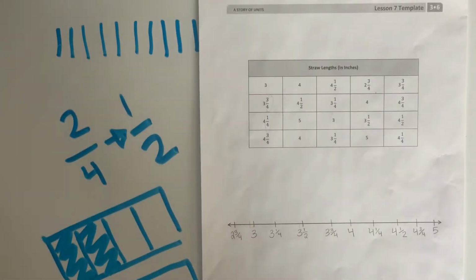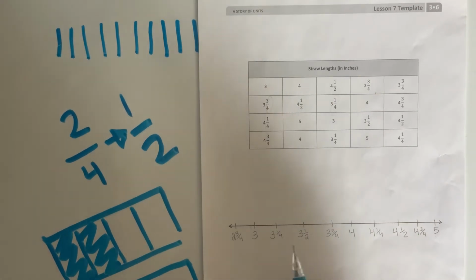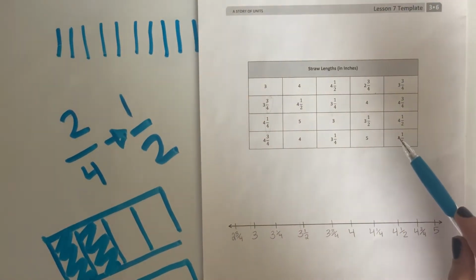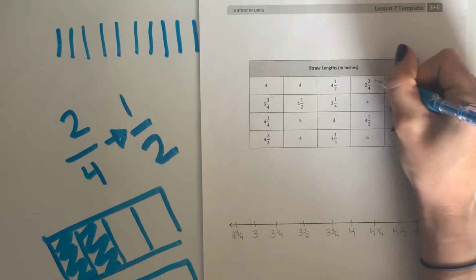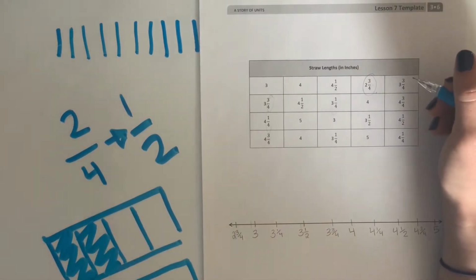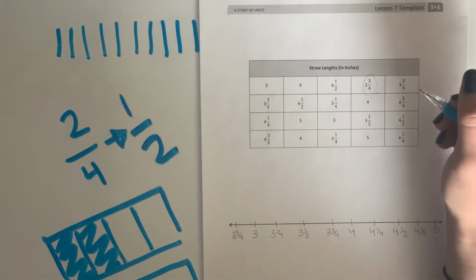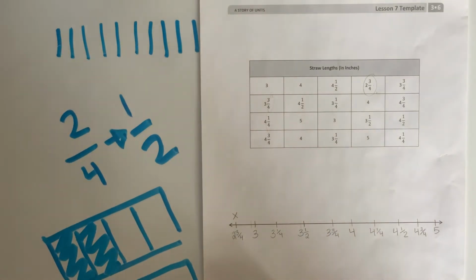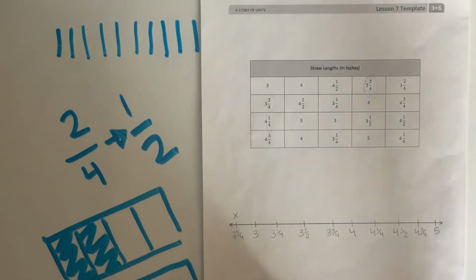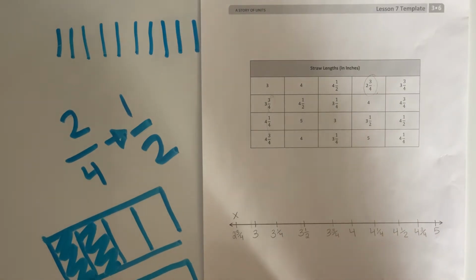Okay, so now that it's time to record the data on our line plot, let's look at the first measurement in the chart, 2 3/4. Where do we see that in our table? Well, it's right here. So this is our 2 3/4. And let's plot that by making an X over here on our line plot. Okay, so now that we've done that,